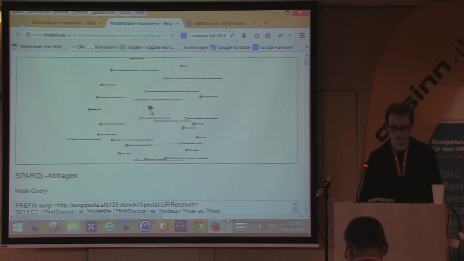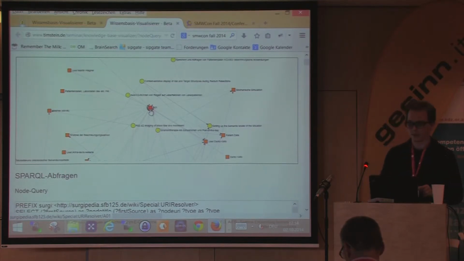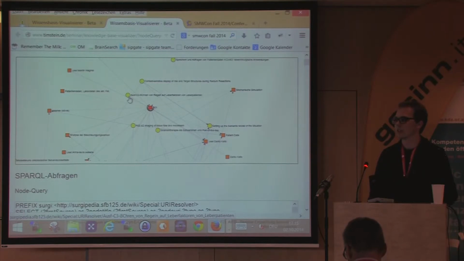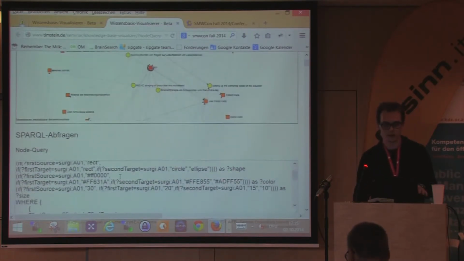And in this case, I did the convention that the center circle should be a rectangle, the yellow circles are on the second recursive level, and the orange rectangles are on the first level connected. Well, it's just a demo, so you can do all this with this node with a SPARQL